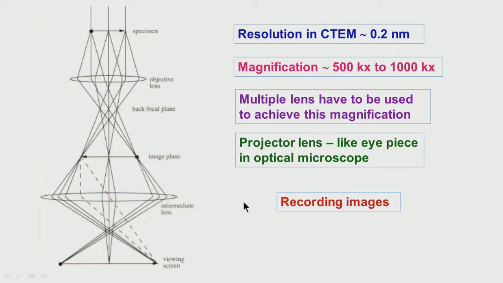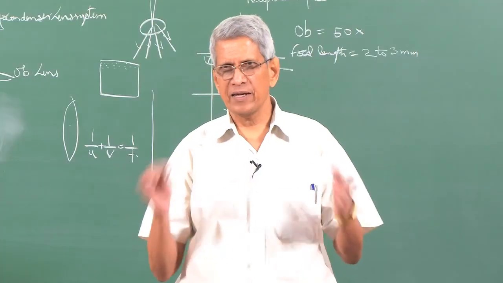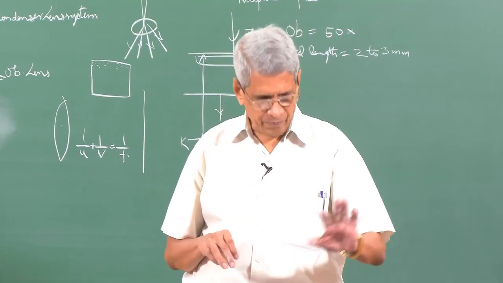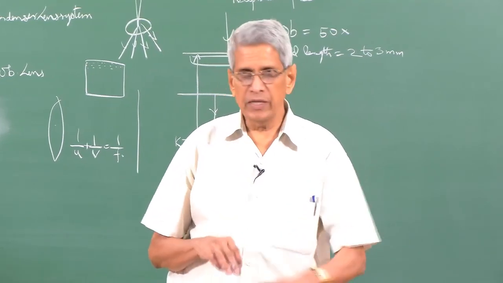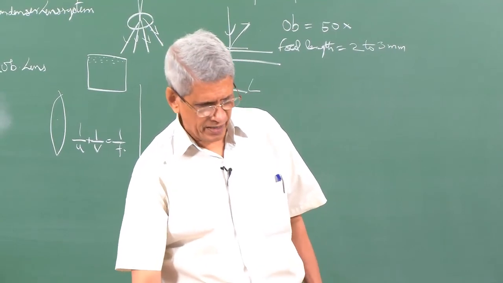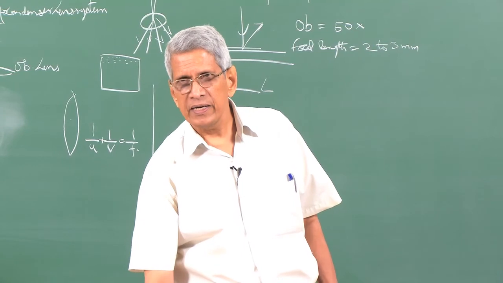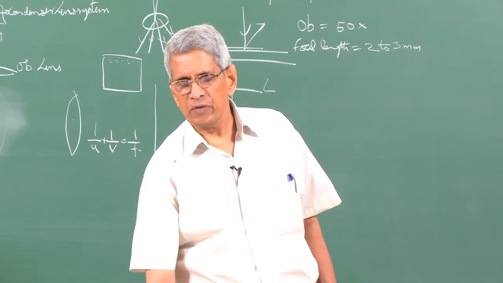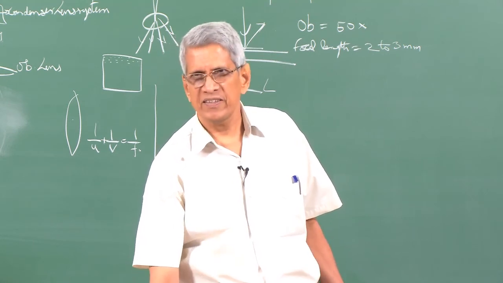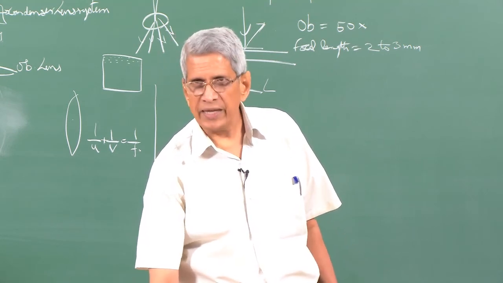Then recording of images, how we can record. This screen is essentially a fluorescent screen, where as the electron beam hits it, light is emitted, and the intensity of the light radiation depends upon, not the energy, it is the number of electrons which are falling on each point, that determines the intensity which is coming from that. And if the variation in intensity is from region to region, then we see that there is a contrast. That is how we are able to see an image.